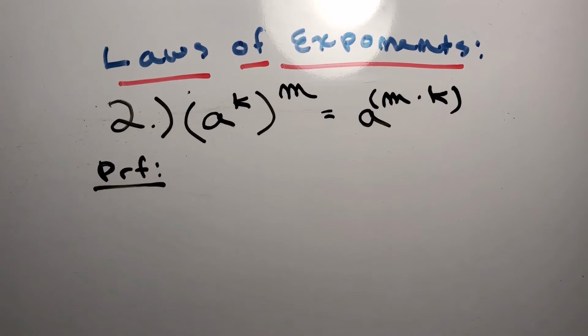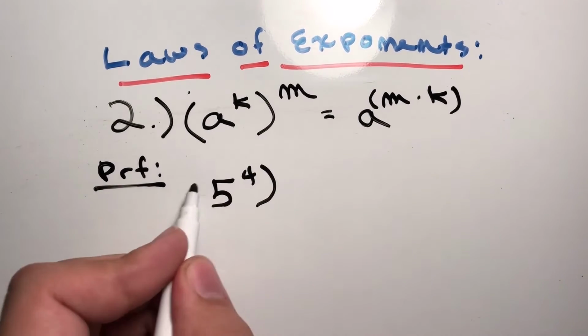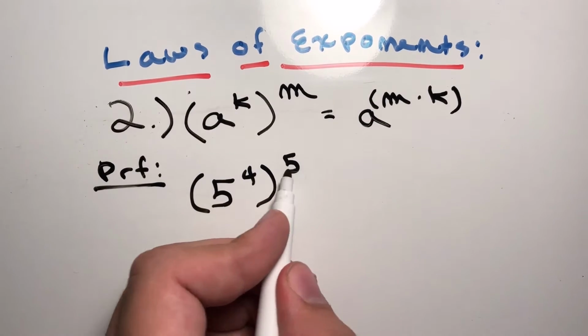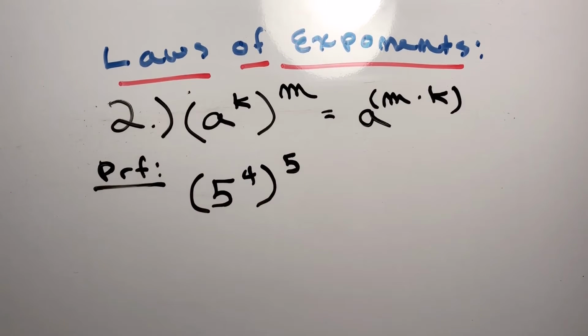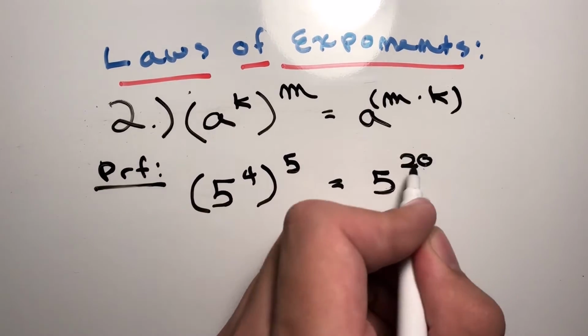So why is this true? Well, let's take a random case. Let's take 5 to the fourth to the fifth. In this case, our k is 4, our m is 5, could be anything, and our base a is also 5. Any numbers. And so the law says this should be 5 to the 20th,